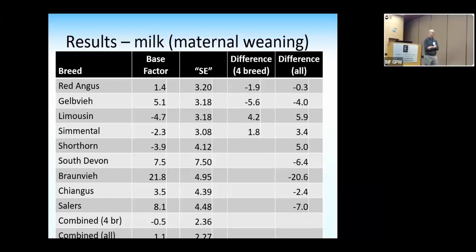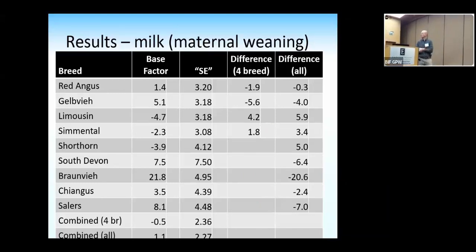My take home from this is I think we're doing a really good job, and connections are happening really, really well with the 4 larger breeds. I don't think that's a surprise. There is a connecting breed for all of those within that genetic evaluation system. I think everybody knows that, right, with Angus and how those breeds are coming together right now. And there's probably a little bit less data in these smaller breeds that are getting that clear tie and connection in most of these cases right now.